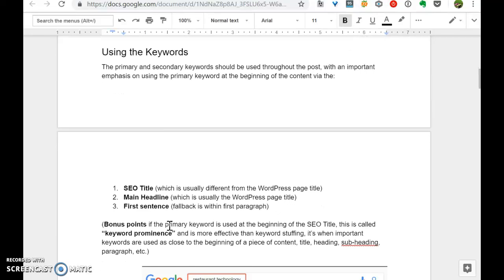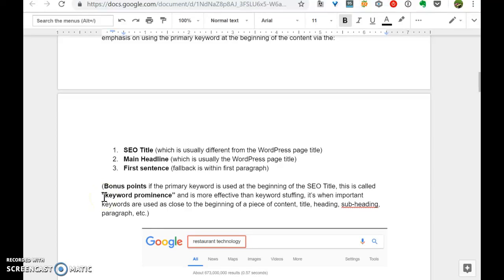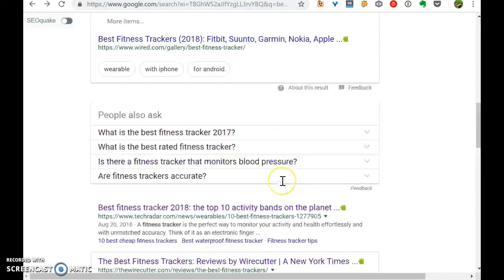And then there's another thing that's pretty important now. Before it was keyword density, now it's keyword prominence. Keyword prominence is basically having the keyword early on in the piece of content, optimally right at the beginning. Let's go back to this example.